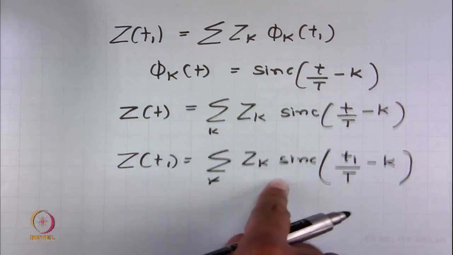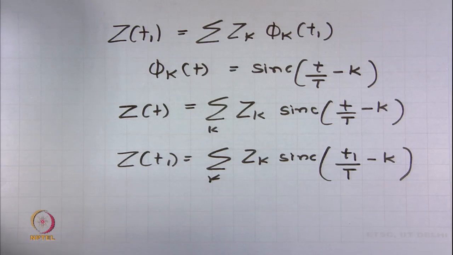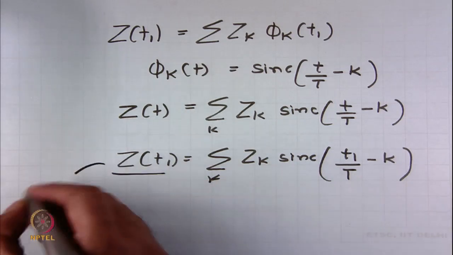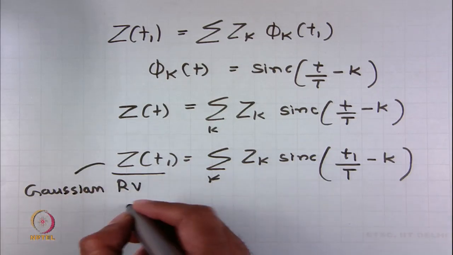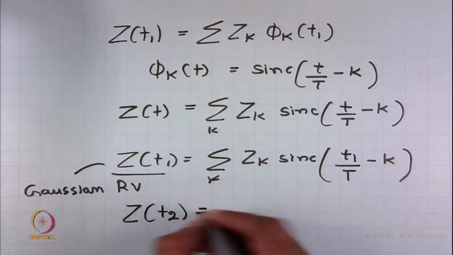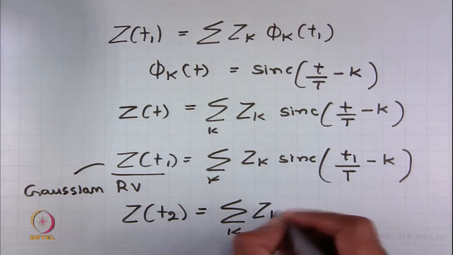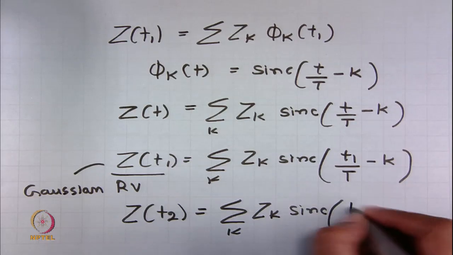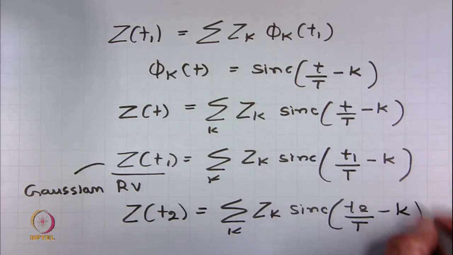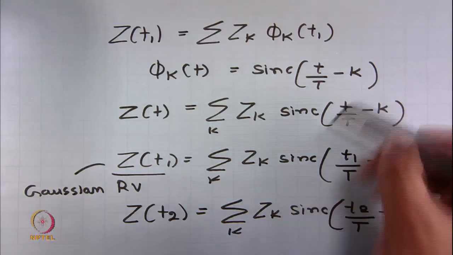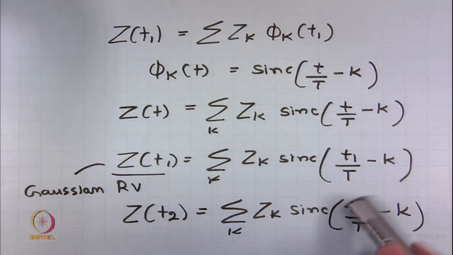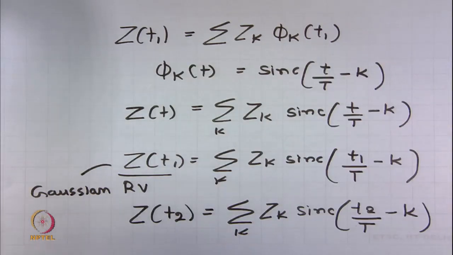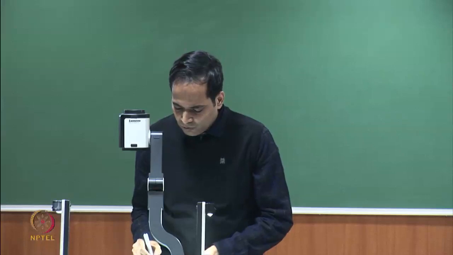Now, as you can see, what you get is a linear combination of independent Gaussian random variables. A linear combination of independent Gaussian random variables is nothing but a Gaussian random variable. So, Z_t1 is a Gaussian random variable, and if you take a second sample of this process, what you get is this expression. What has changed? Nothing has changed. We are putting a specific value of t. In this case we have put t as t1, in this case we have used t as t2. Now, what you get again is a linear combination of independent Gaussian random variables. So, Z_t2 is also a